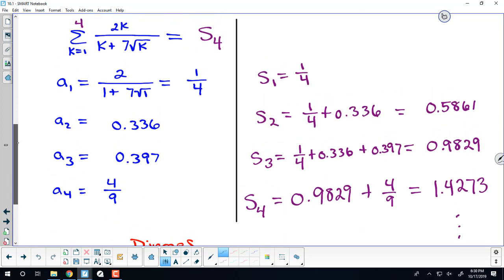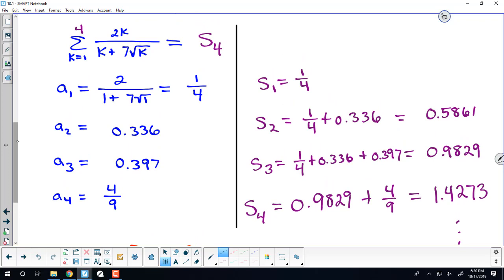first four partial sums. And we listed out the terms here, a sub 1 through a sub 4, and the partial sums here on the right. And we said that it diverged because, maybe we were looking at the partial sums and saying, well, the sum continues to grow. But if we look at the fact that the sums continue to grow and compare that to the terms themselves, maybe this is 0.444, etc. Maybe we can gain some insight as to one of the things we consider in a later section,